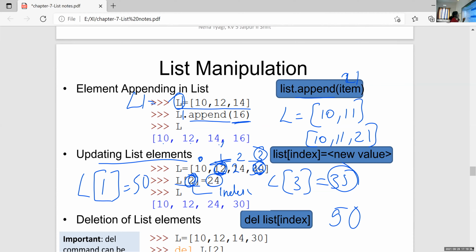The index value of 10 is 0, 12 is 1, 24 is 2, and the last index value is 3. Then use this index value for updating the list elements. If you want to update the first value, write L of 0. If you want to update 12, write L of 1. If you want to update 24 or 14, write L of 2 because the index value of 14 is 2.